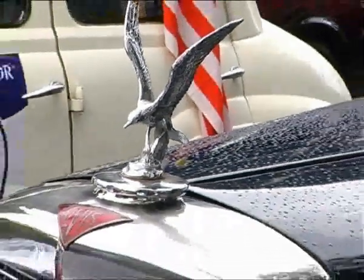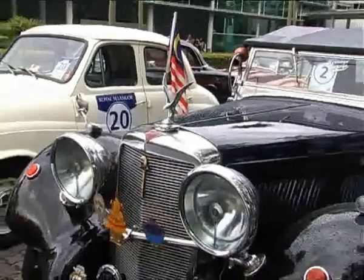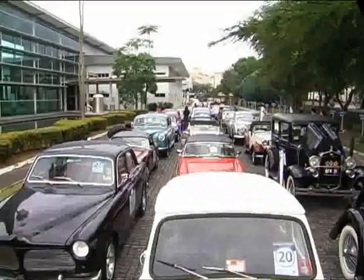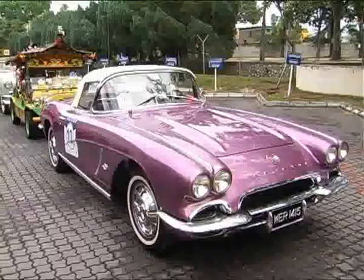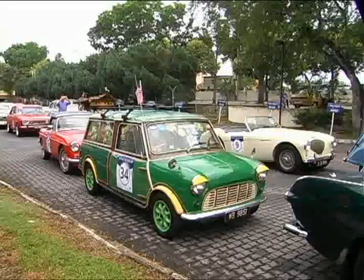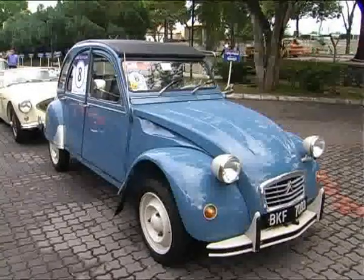Here at the Royal Selangor Visitor Centre in Kuala Lumpur, an eye-catching collection of vintage cars of different shapes, sizes and makes are parked in readiness for the annual Royal Selangor Heritage Car Rally. Organised by BMW and the Badan Warisan Malaysia in association with the Malaysian and Singapore Vintage Car Register, under the